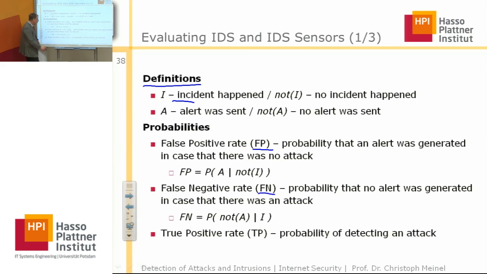Then we have the true positive rate, and this is the probability of detecting an attack. And of course, you can compute this. The true positive rate is 1 minus the false negative rate, and this is the probability that an alert was raised under the condition that an